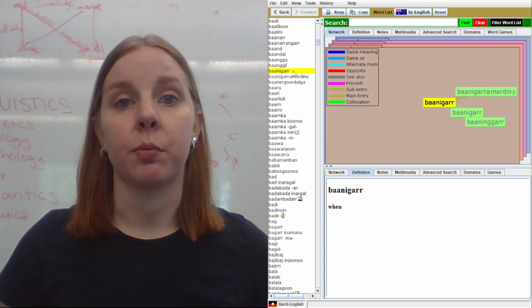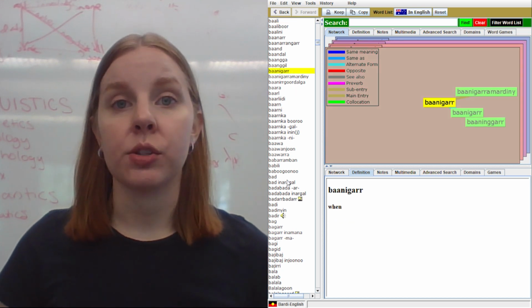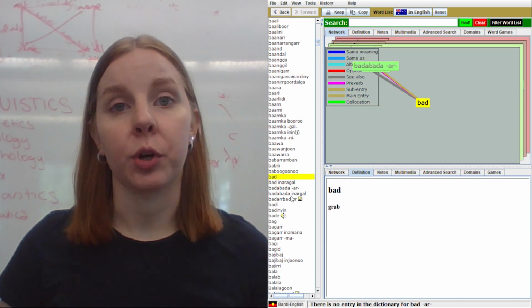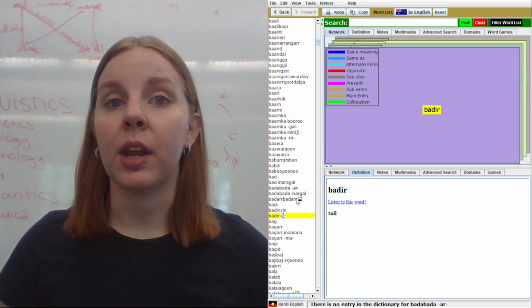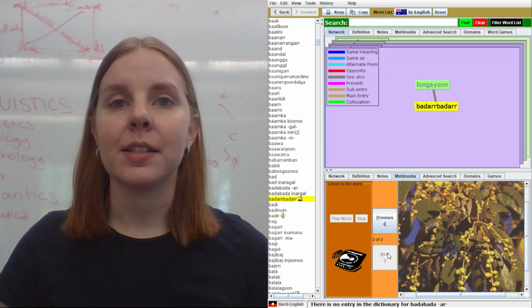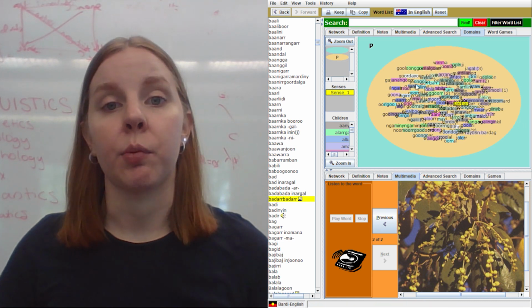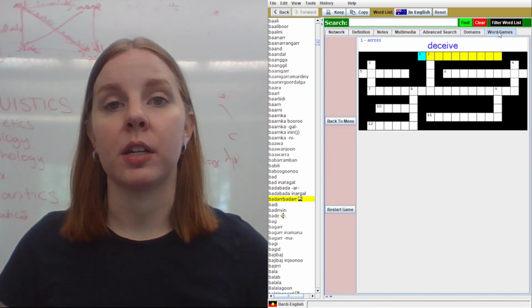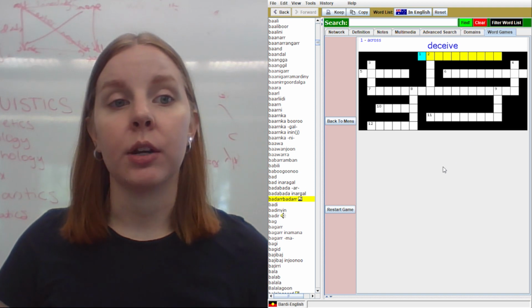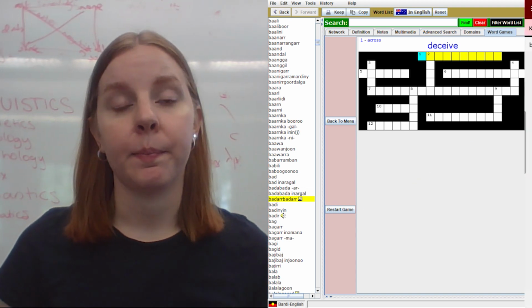Kirkir is a free computer program that shows translations of words and relationships between words, and lets you add sound and pictures. This is an example for Bardi, and as you can see, it's like a dictionary with more ways to show how words are related to one another, and it even can create some games on the fly.